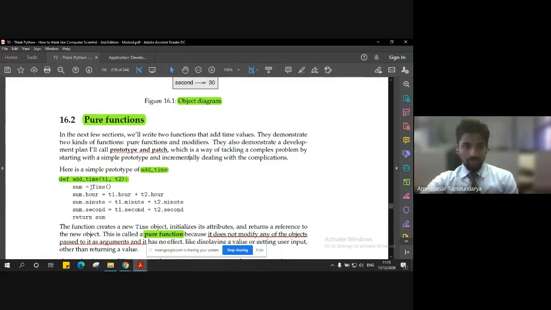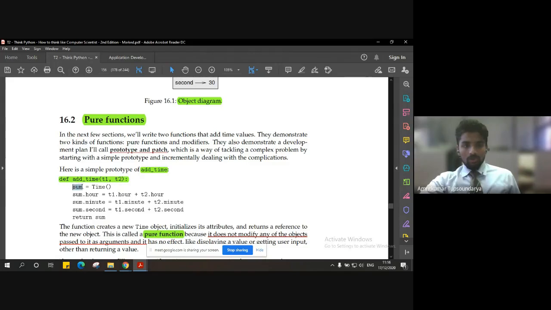The procedure remains the same: first create a function definition, def add_time, with two parameters, t1, the first time, and t2, the second time that you want to add. To perform summation, we need two times, right?